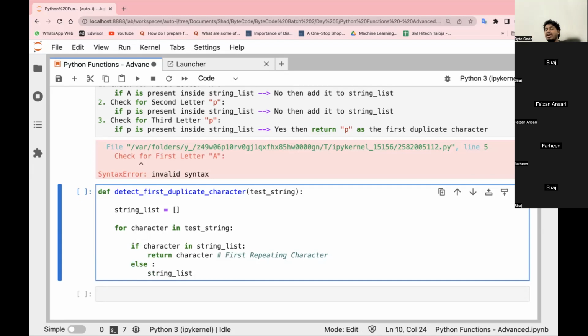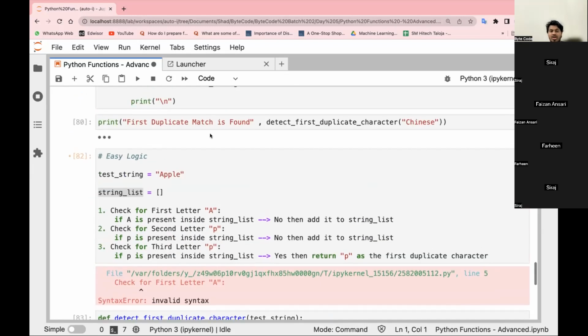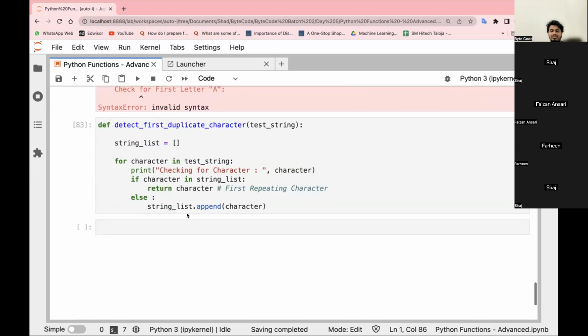How will I add it to the list? What function should I use? Append. Yeah, append this character to the string list, right? Now let's say I will print checking for character. Okay, now if I run this exact same thing again here,